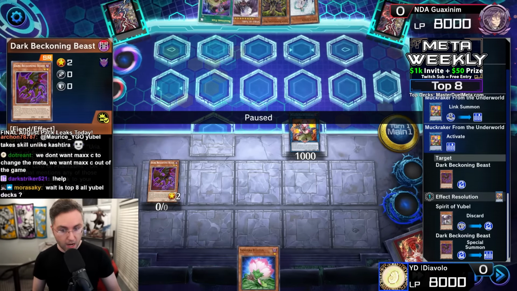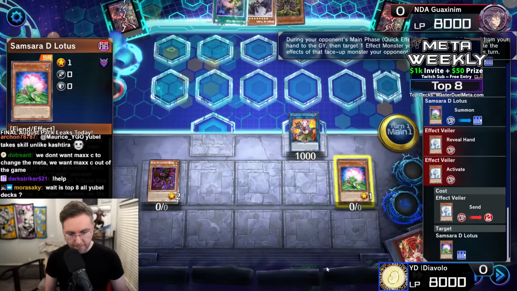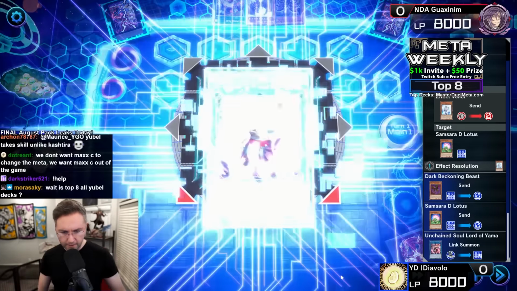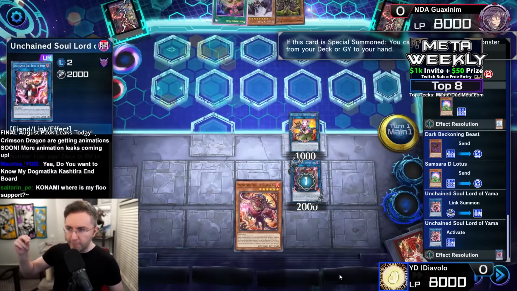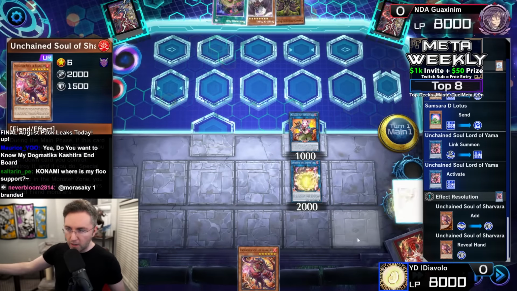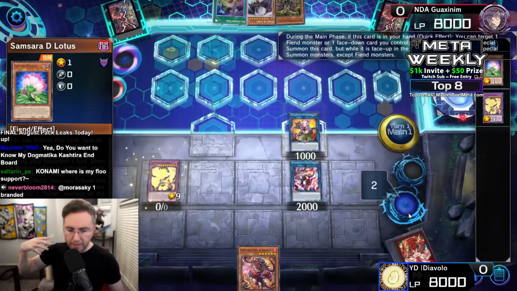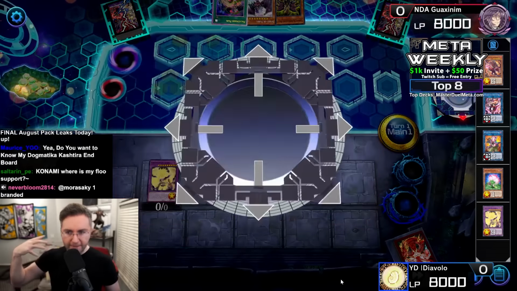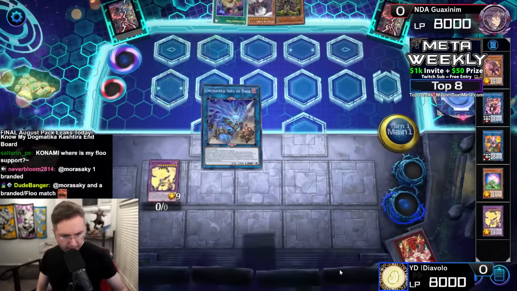Are we doing it? Nope. D-Lotus, we're going to preemptively negate the D-Lotus, forcing them to fully commit their entire hand. But now they get to make a Yama, which would not be here had we used our... I mean, we still could have done it, right? We had the D-Lotus in the hand. No, we didn't have another Yubel. So D-Lotus in the hand, no way to make Phantom of Yubel. We would have ended on Muckraker and...